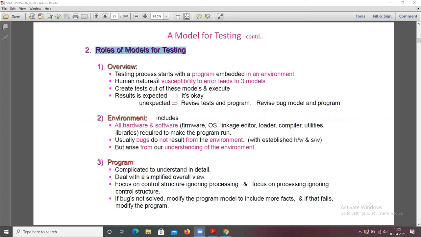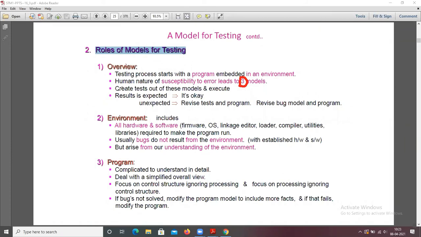Human natural susceptibility to error leads to three models. Normally when you write a small program also, what are the expected results? There are three results you get: one is the expected result, another is the unexpected result, and the third is a bug. For anything, we get these three results only.